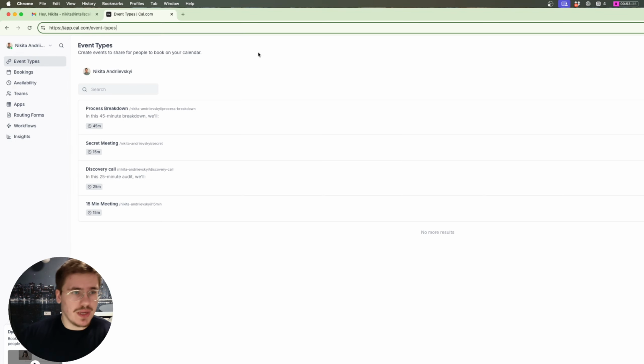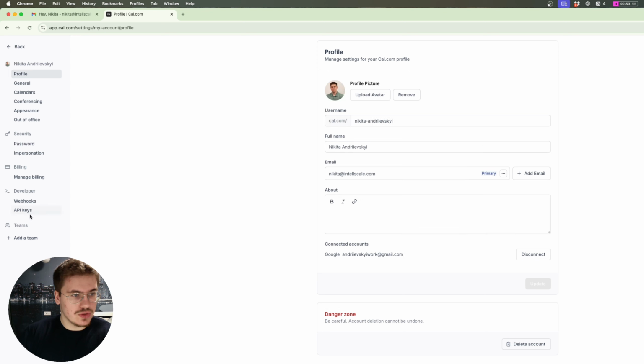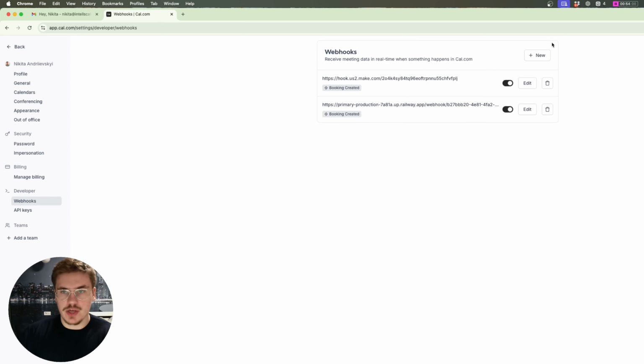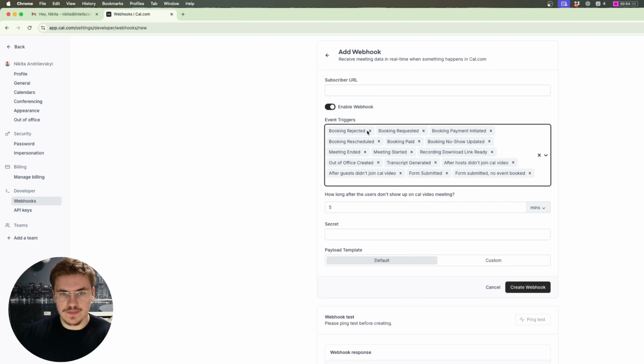As a way to book meetings, I use cal.com. It's pretty much the same as Calendly, but it just has a bit more functionality. It has a few more webhooks, so that's why I'm using it, but you're absolutely fine to use Calendly or any other booking software. So once you're on Calendly or cal.com, I'll go to settings and I'll go to webhooks,